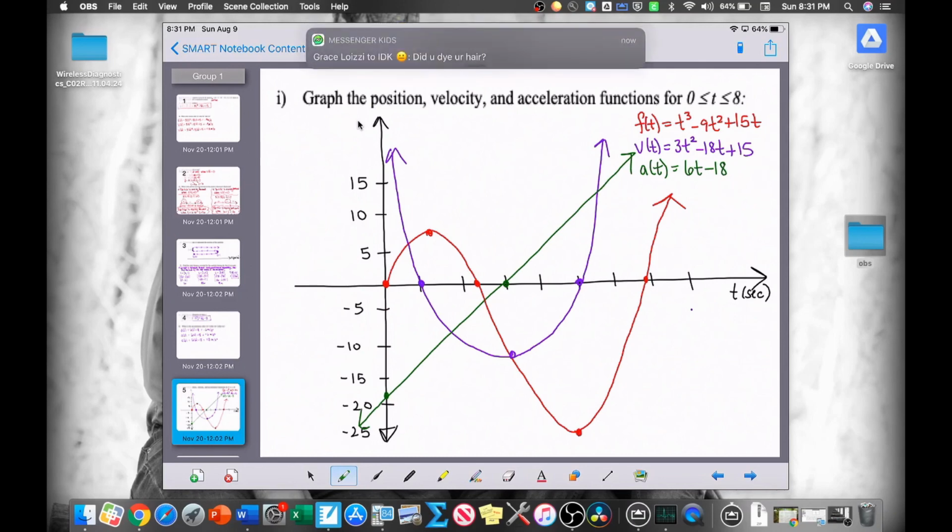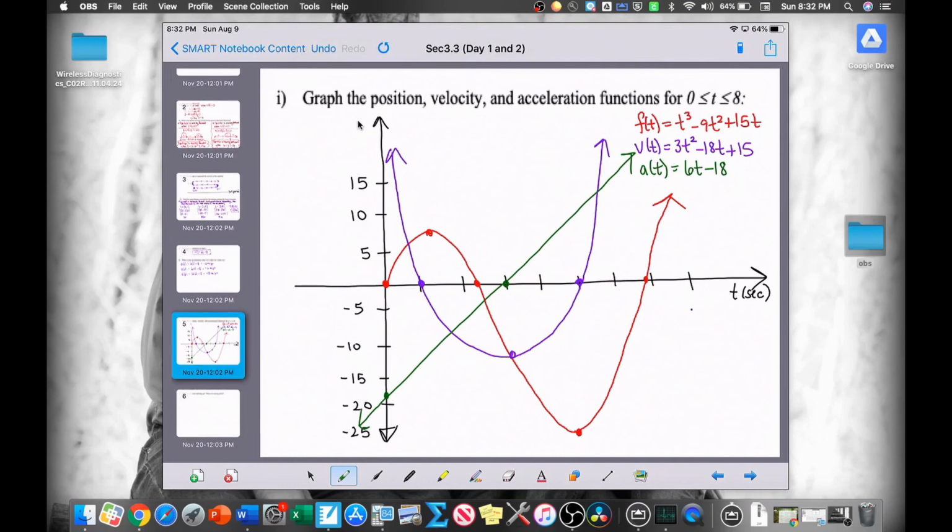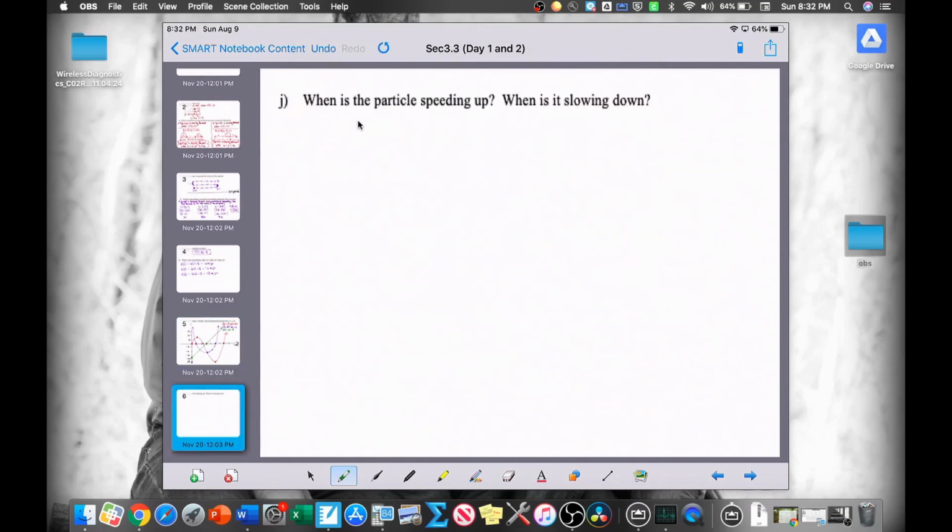And so then letter J is going to ask us to answer the question. Moving on to letter J. When is the particle speeding up and when is the particle slowing down? Okay, so let's write some information down here. The particle is speeding up